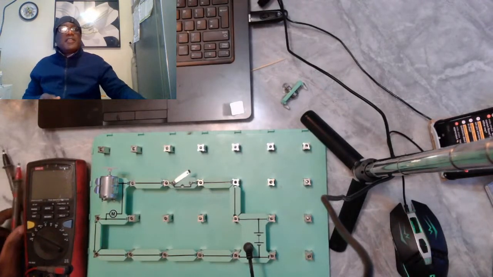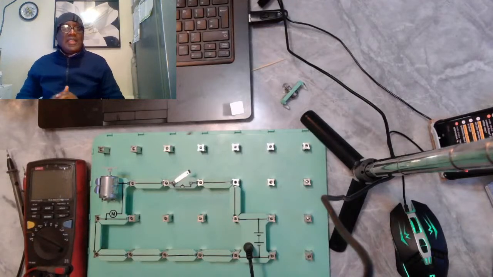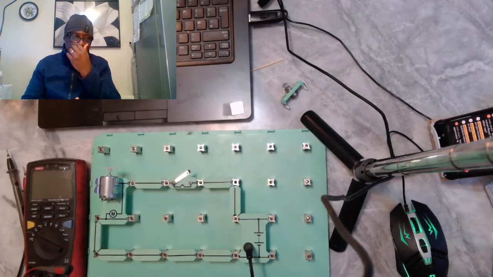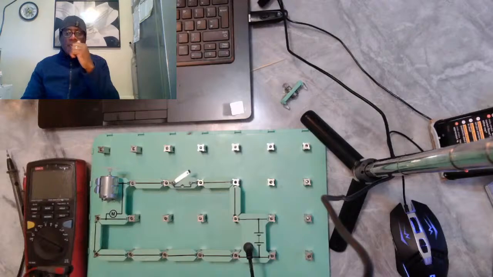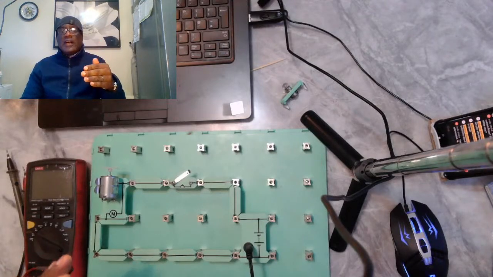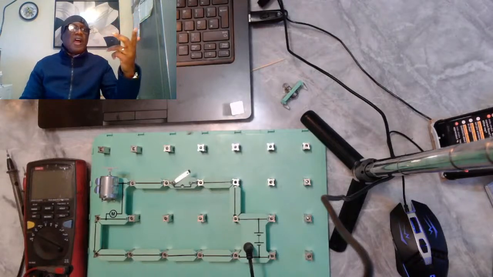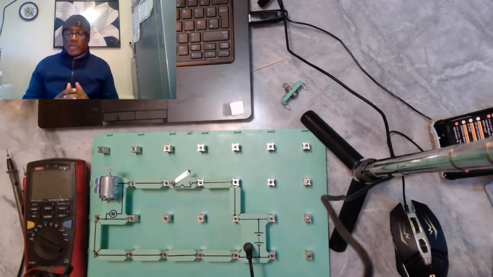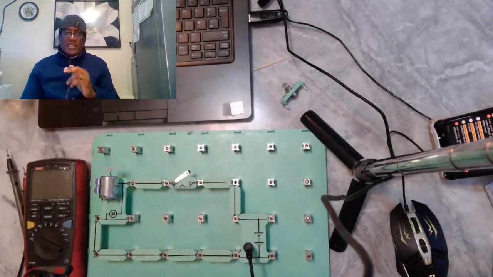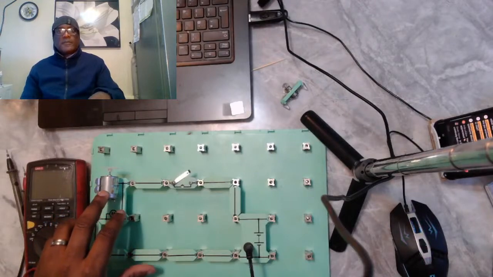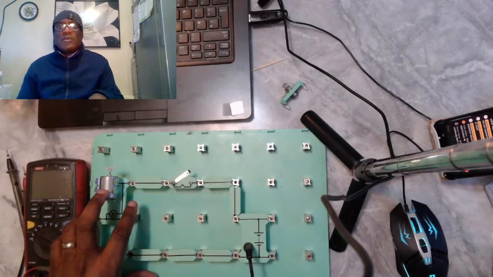Let's look at the effects of high resistance in a circuit. According to Ohm's law, voltage is equal to current times resistance. That is Ohm's law. So when we want to find one of the two, current or resistance, we divide voltage by the other. Now, if we increase resistance in this load here,